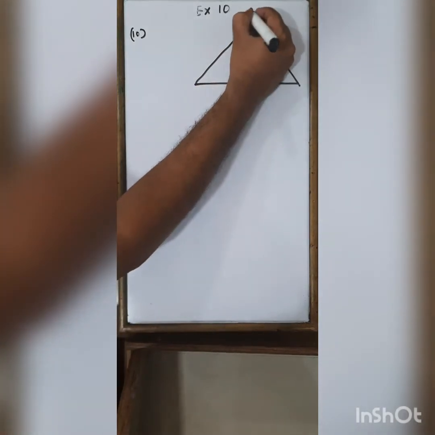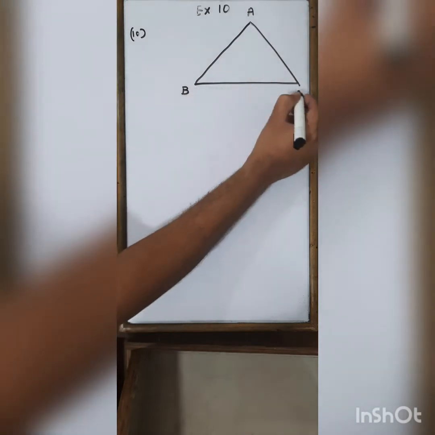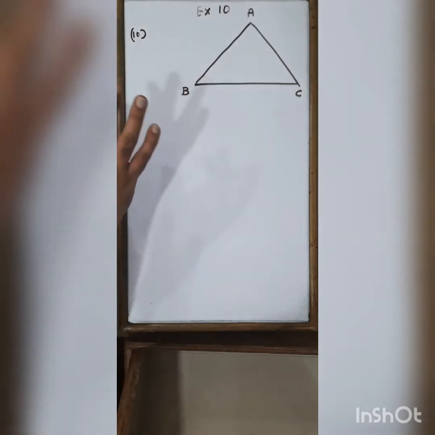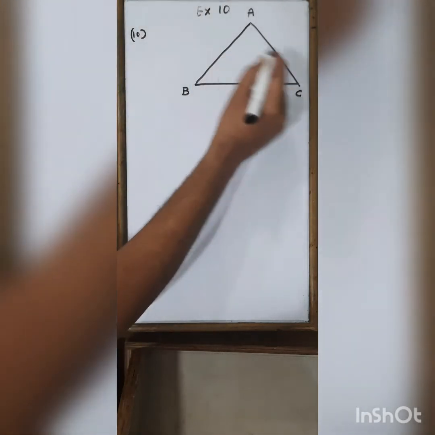So this is A, B, C. Also remember one thing, in midpoint theorem sums, we will always take the length of the side as 2A, 2B, 2C. Usually we take A, B, C. Here we will be taking 2A, 2B, 2C because it makes the sum much easier. Okay. So prove that the triangle formed by joining the midpoints of an equilateral triangle.